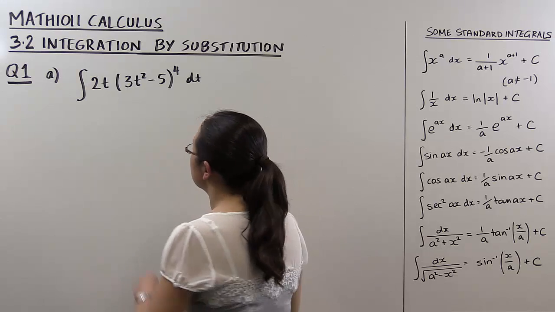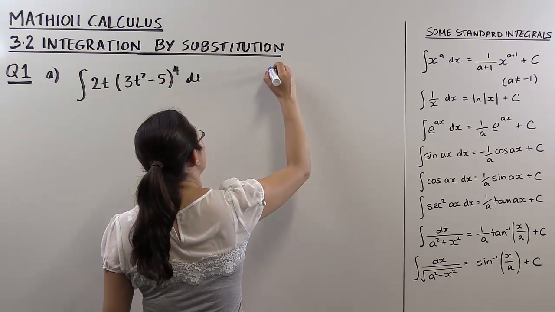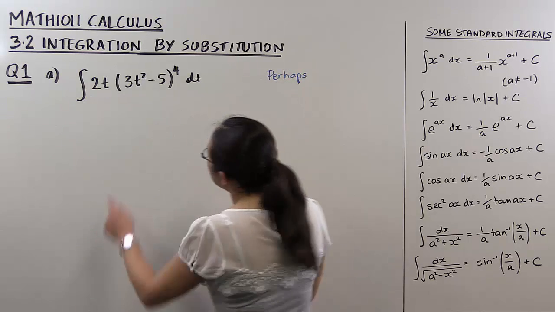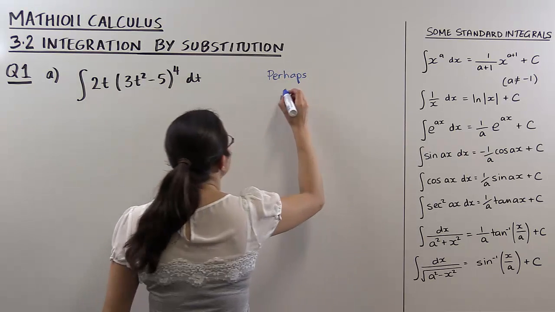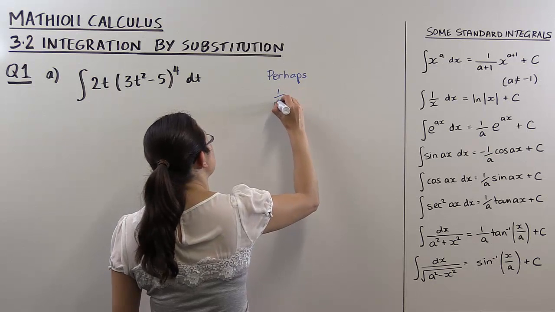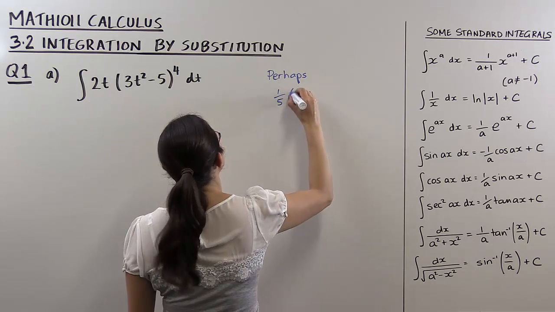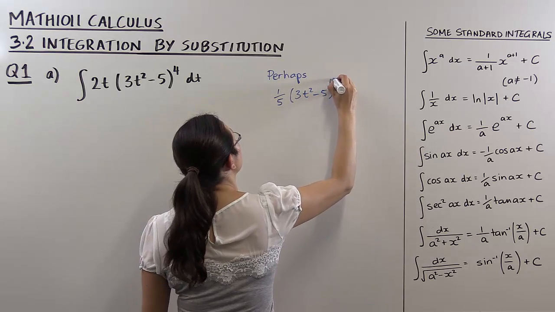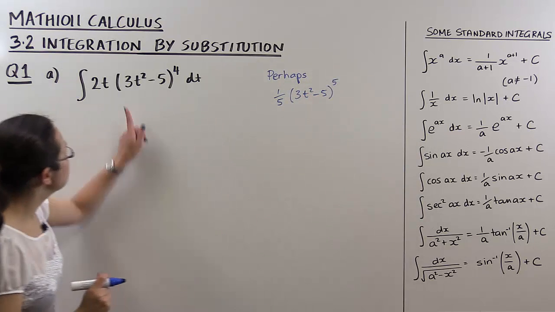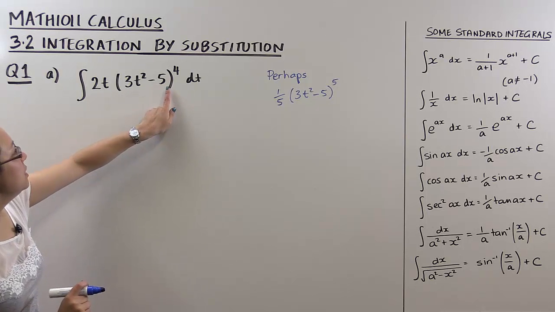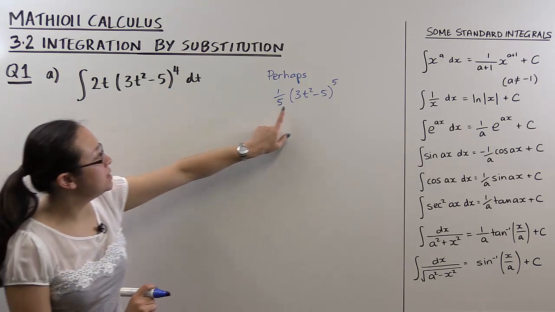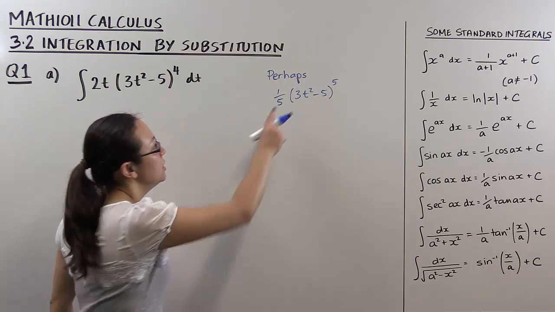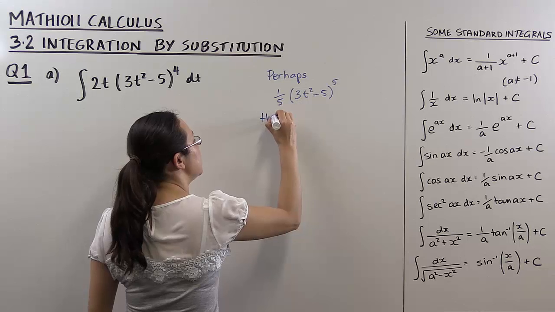Okay, so let's think about this. Perhaps, if I add something to the 4, the antiderivative would be 1/5 (3t squared minus 5) all to the 5, right? If we just thought about this outside function here, something to the 4, it would anti-differentiate to this. If I wanted to check that, I would differentiate it. So this differentiates to